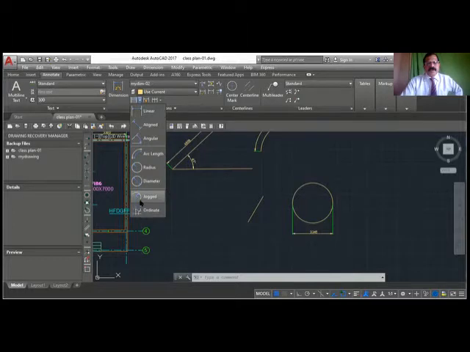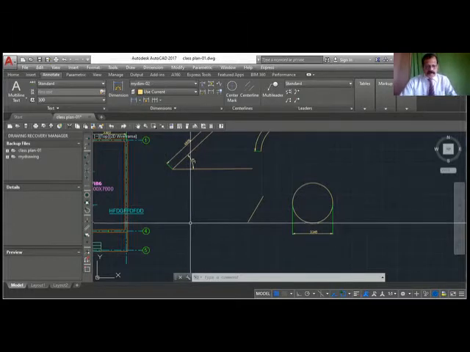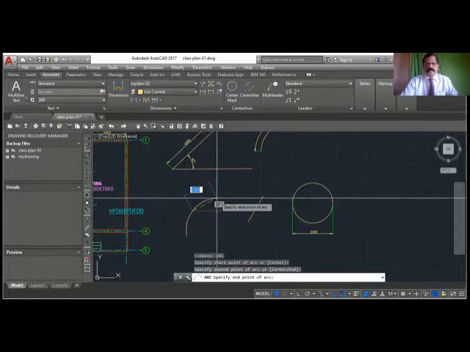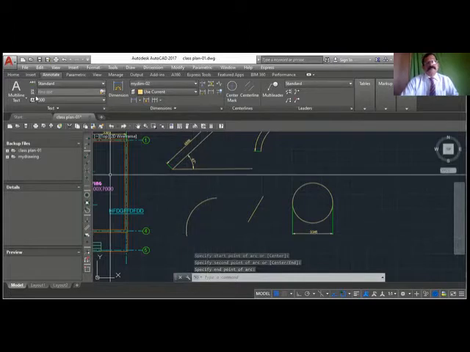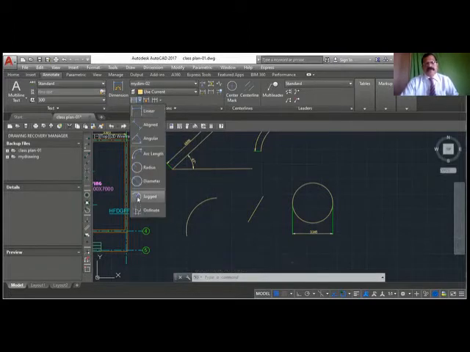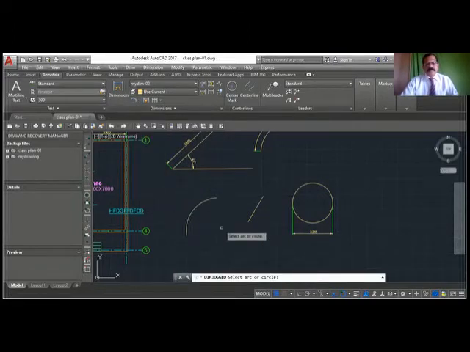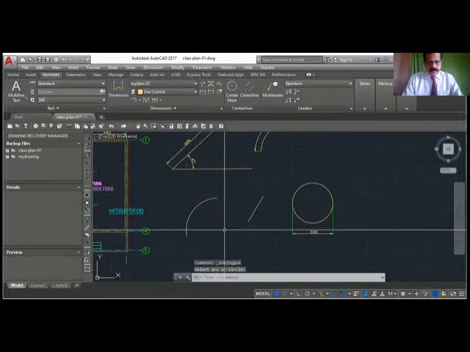Diameter we have seen. Jogged. Suppose you have an arc. I want to give a jogged dimension like this. Okay, dim jog, D-I-M J-O-G. Okay.